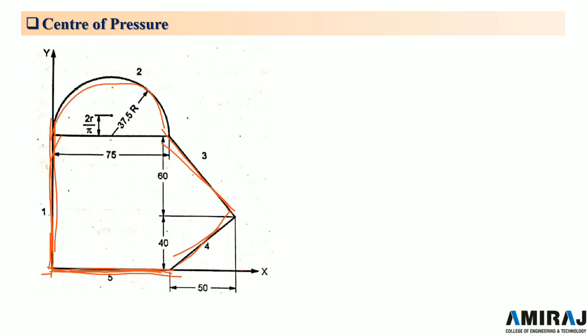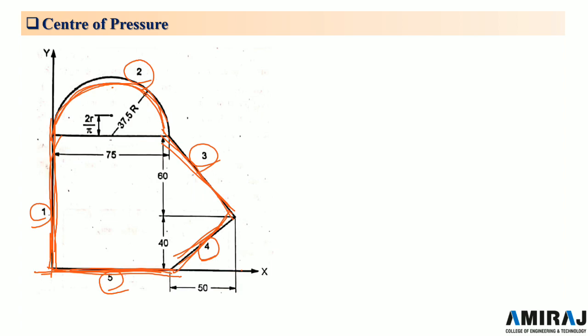Now dividing the blank outline into line elements, straight line areas, and numbering these elements as 1, 2, 3. जैसे कि यहाँ पे ये फर्स्ट पार्ट है, that is the first, then the second is this semicircle part, that is 2, then this line is 3, then another line is the 4th part, and this line is the 5th part. ठीक है, so in this way we will number the parts in terms of areas.